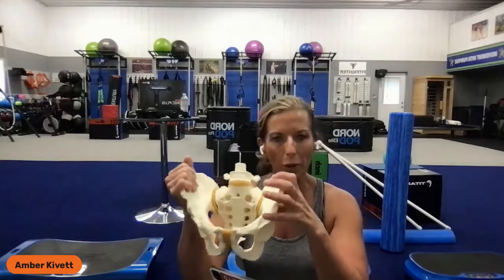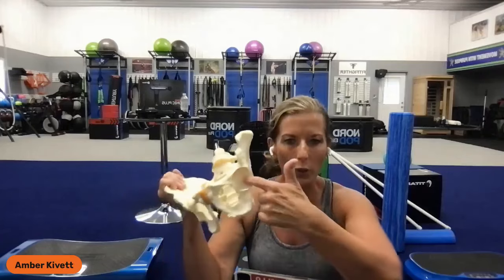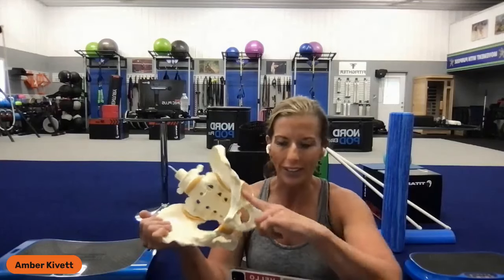And our pelvis is supposed to be a very mobile joint, which means it's supposed to be loosey-goosey, and you're supposed to be able to move a lot. We have a ball and socket joint right here, which means the thigh bone, known as the femur, works very fluidly within this joint space. But as we get older, that joint space becomes less lubricated, and I like to think it's like a gasket or a rubber washer that lines that area becomes less and less, which means the bones grind a little bit more. And if we get inflammation in there, it causes a lot of tension and pulling and pain